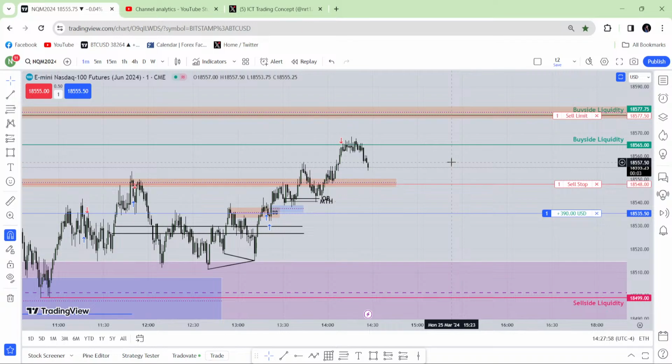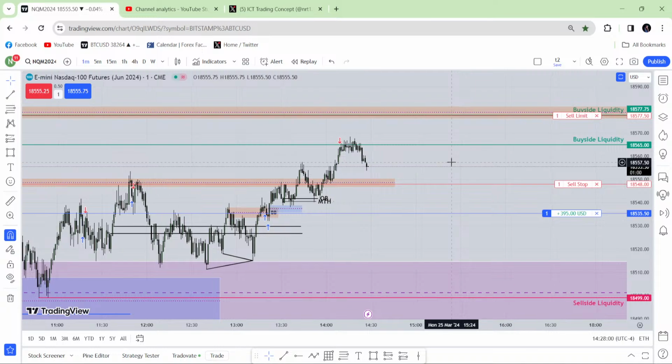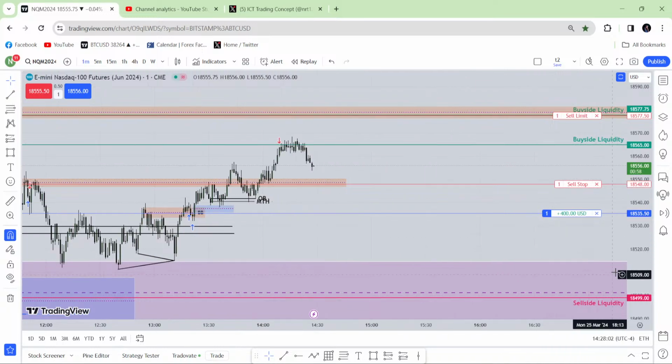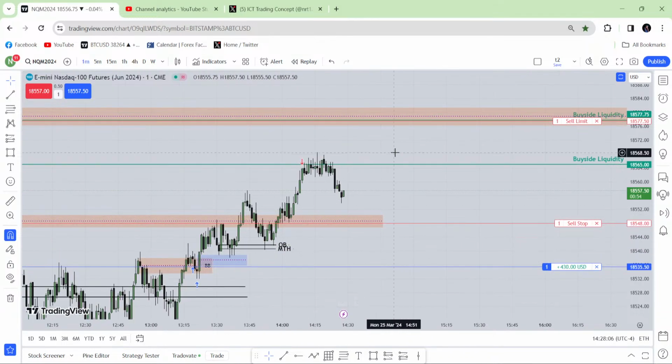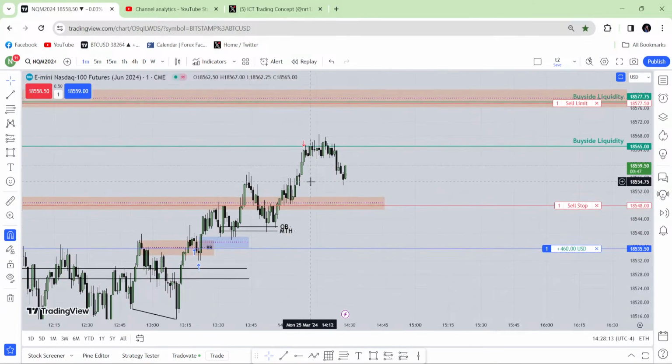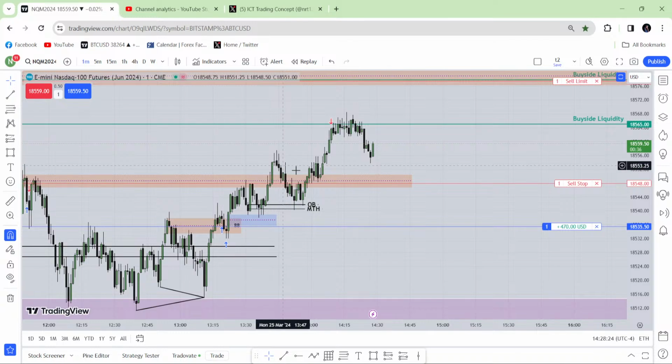Whoever here is to learn, I really appreciate you guys. But whoever is here just for the entry or the direction, maybe you are here only for the direction, you saw this guy is most of the time right, so let's get the direction and trade. If you are here with that intention, you are going to regret it, because I'm not doing this forever for you guys. Okay, so yeah, if you know how to do that by yourself, you will be profitable. Trust me, you will be profitable.